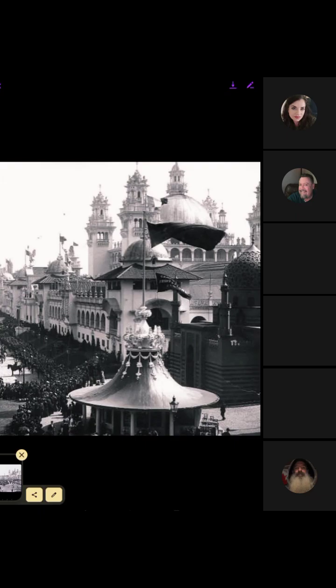You can't take it all in. Whatever that building is, that's amazing. Oh, that's one of the World's Fairs. You can see all the people down there that came to see the World's Fair. Those populations really came to these events. How did they build that? Somebody must have. They destroyed it. They tore it down. Why would they tear it down? To destroy the history of our true history.